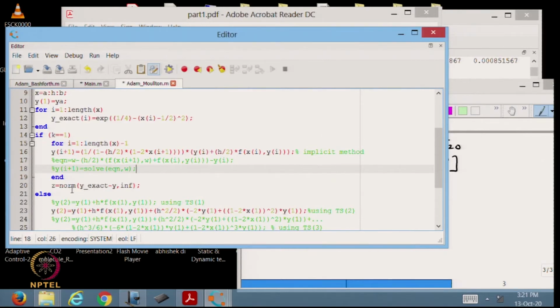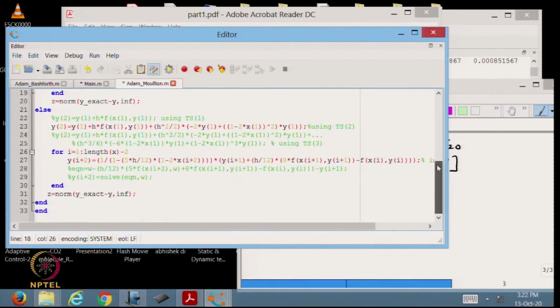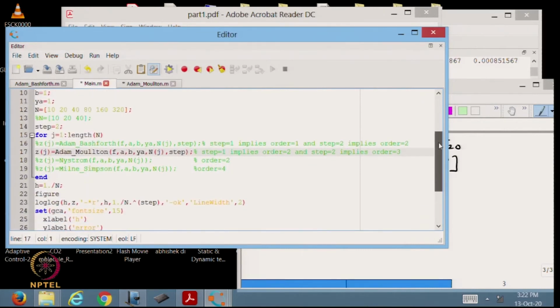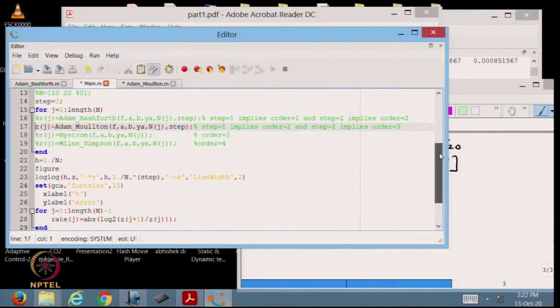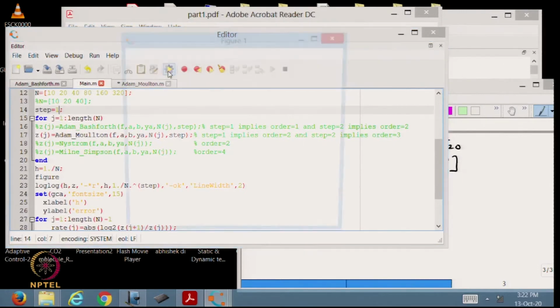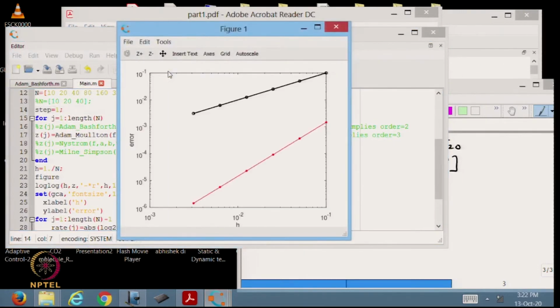We are computing the norm, infinity norm basically. Okay. So, now if we want to see the output, we have to come to the main. Again here I have to write step equal to 1. Okay. And now I have to run the code. So, let us see how it behaves.